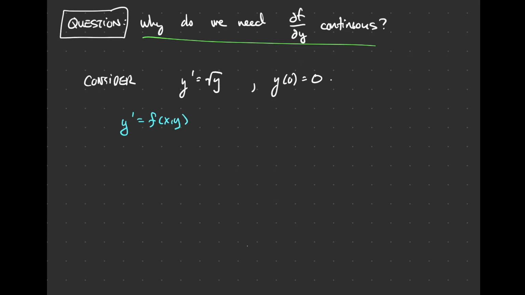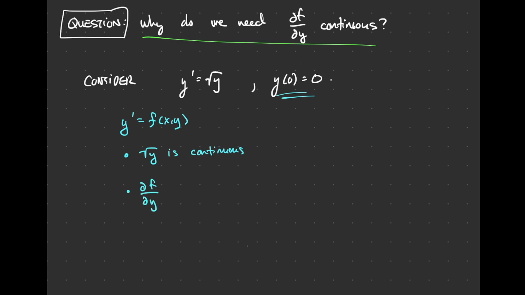But we see that this piece is continuous on the right-hand side. There's no problem as long as we don't go into the negatives, right? And we don't, because we're taking on these values, or y of 0 is 0. So we're not dipping into that problem quite yet. However,